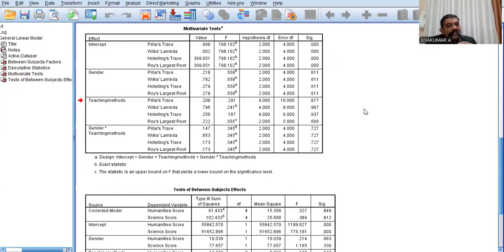That means the researcher has to accept the null hypothesis. What was the null hypothesis? There is no statistically significant interaction effect between gender and type of intervention on the combined dependent variables. You have to simply accept the null hypothesis. That is the interpretation of two-way MANOVA.